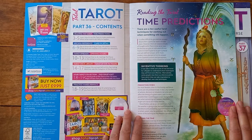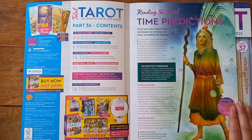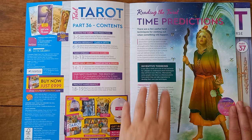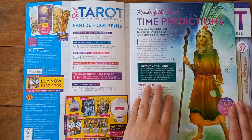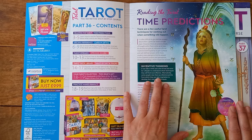So we have some information here on reading the tarot and time predictions. Inventive thinking. It can take a while, a bit of a trial and error for a reader to understand which techniques they will find most effective. Alternatively, some people view them as reference points from which they can take inspiration to develop their own new techniques. So when it comes to time predictions, some people do time predictions, or predictive readings as we might refer to them, and others don't. I don't really predict times down to a specific, but I might...